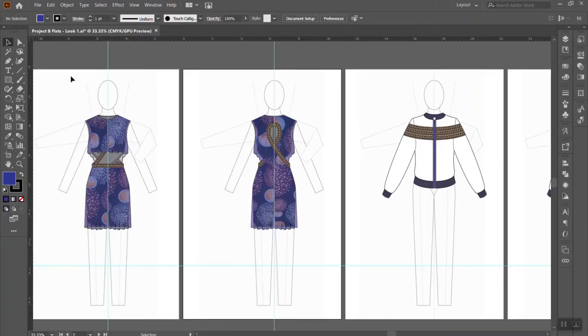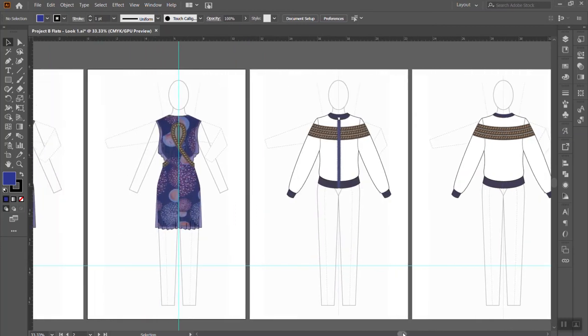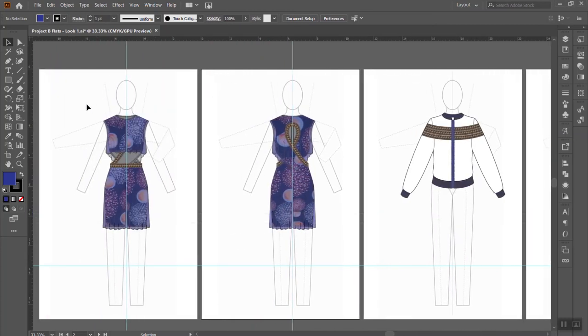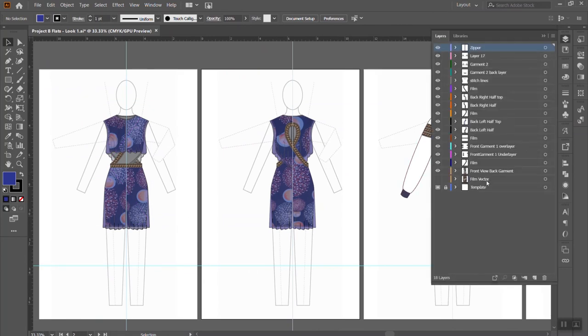So I am going to turn the camera around and talk about how to save as a PDF in Illustrator and in Photoshop. I am in Illustrator and all of these flats are on different layers right now. Everything's on different layers, and